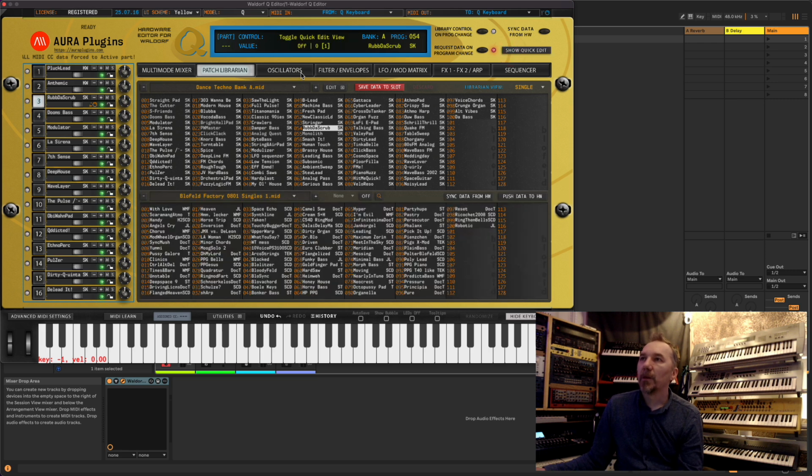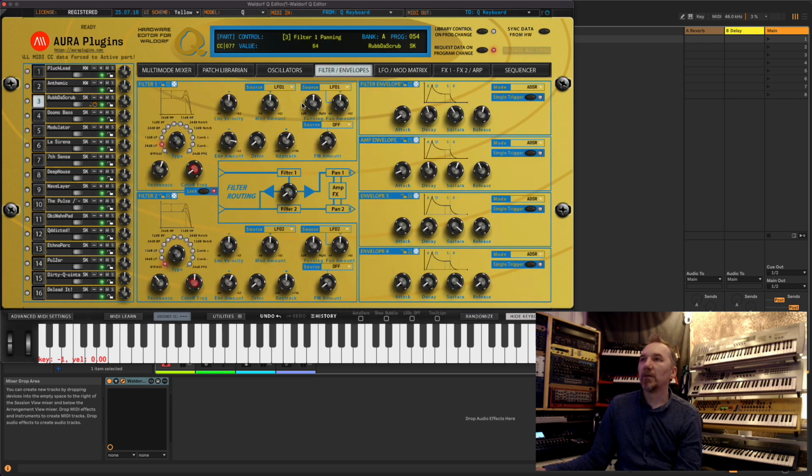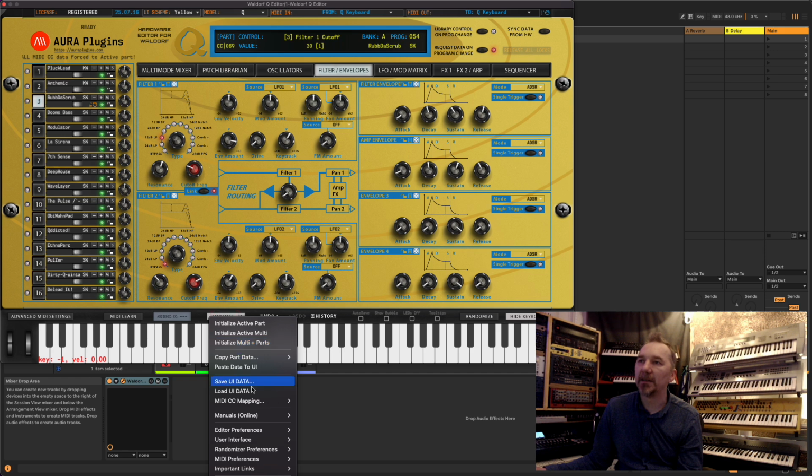Right, okay, now let's continue. Go to filters, so you can choose a different filter. The UI will update as well. You can link filter settings. You can also go to the utilities menu, and